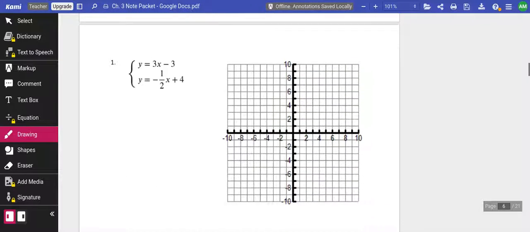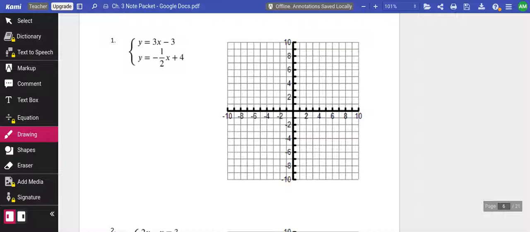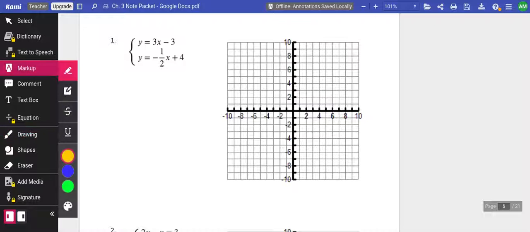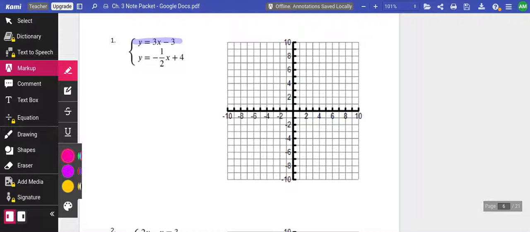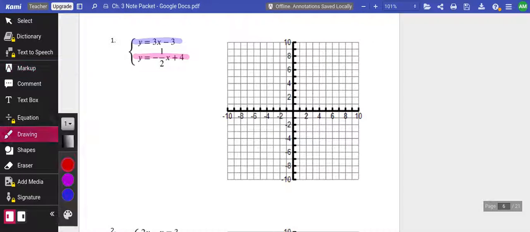Looking at the next page in our notes, we're going to graph and find the solution. So when I graph, I'm going to first color code each of my lines. This first one's going to be in blue, and my second line is going to be in pink. So for my blue line,